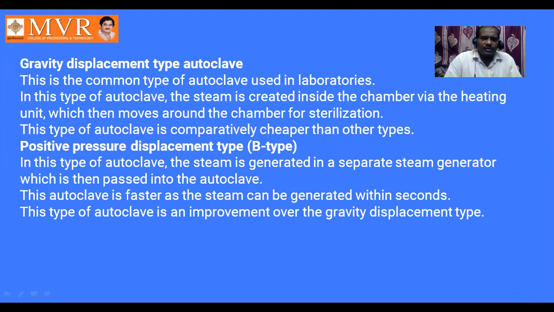In all of these, we are going to generate heat only, and the heat is passed to a chamber. In that chamber, we keep the elements or objects that have to be sterilized. Then, to remove the air and the steam, we follow different types of methods. That's what we observe here. So all of these use heat only to remove the germs, and that heat is used to convert water into steam.